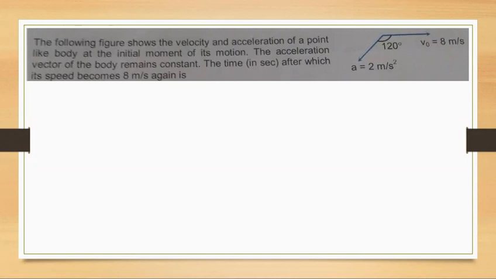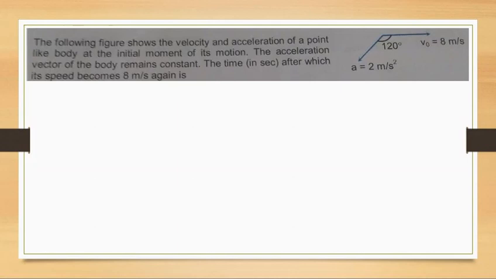The question is, the following figure shows the velocity and acceleration of a point-like body at an initial moment of its motion. The acceleration vector of the body remains constant. The time in seconds after which the speed becomes 8 meter per second again is, well, to understand this,